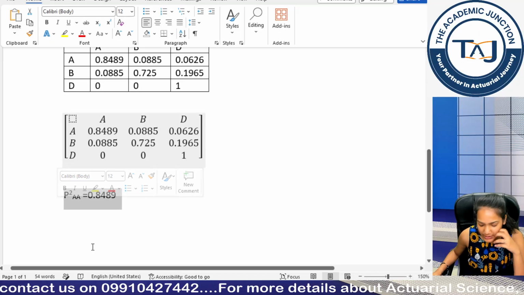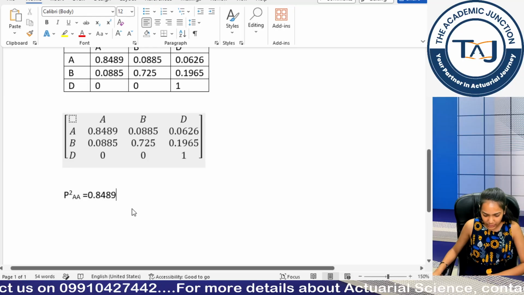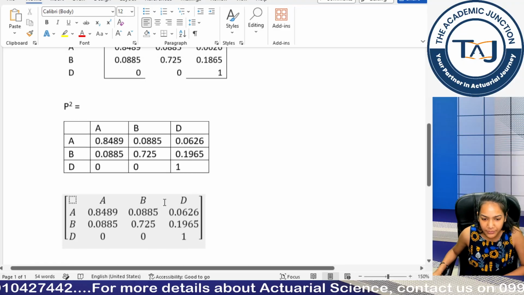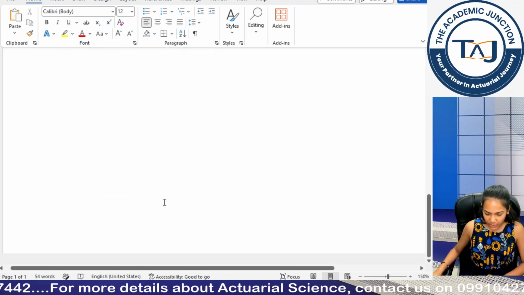Clear guys? I hope this is clear. These all methods are clear. These are the 4 or 5 ways in which you can write a matrix in the Word. So let's move forward to our next part